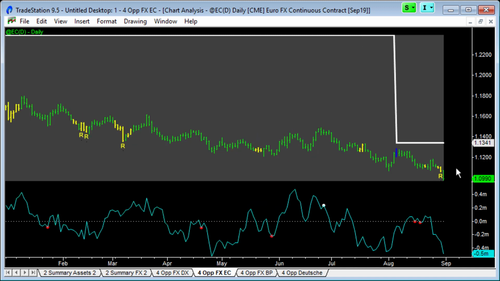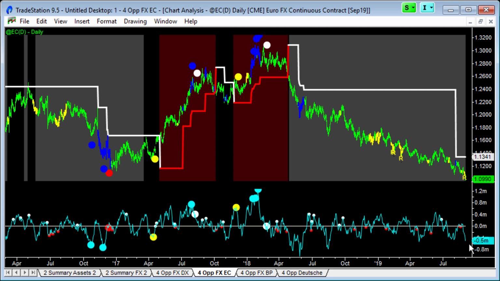And we're kind of crashing below 9. You can see the reading that we got on better momentum is only negative 0.5 million contracts compared to about 1.2 on this last move up to the 130 level. So what we need to see is that level of reading, which is almost double what we got at the moment on the way down. And I think what we're going to see is panic selling.